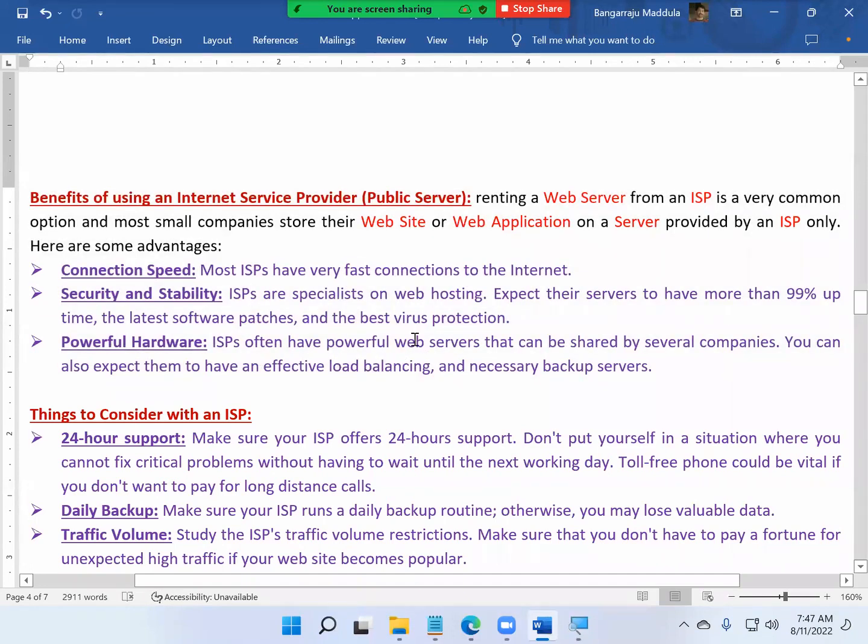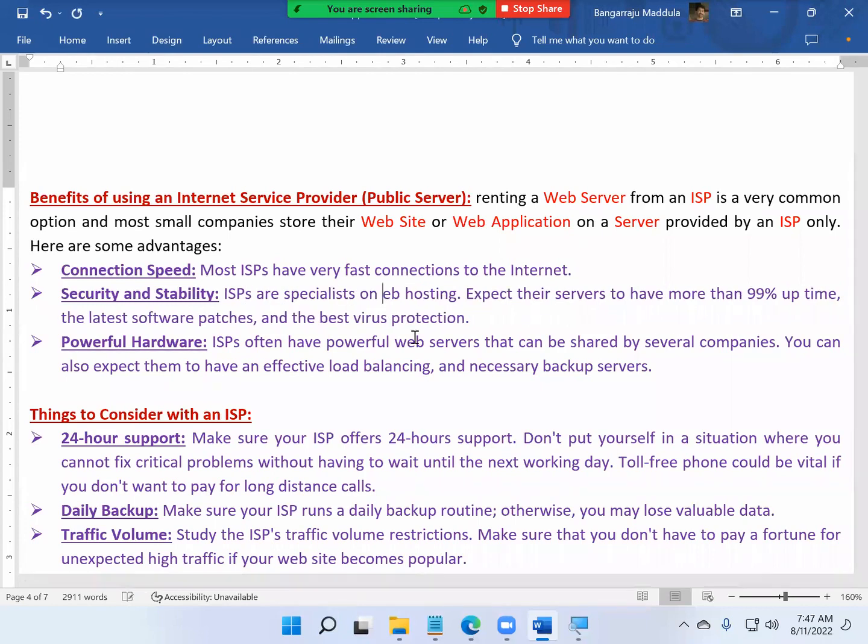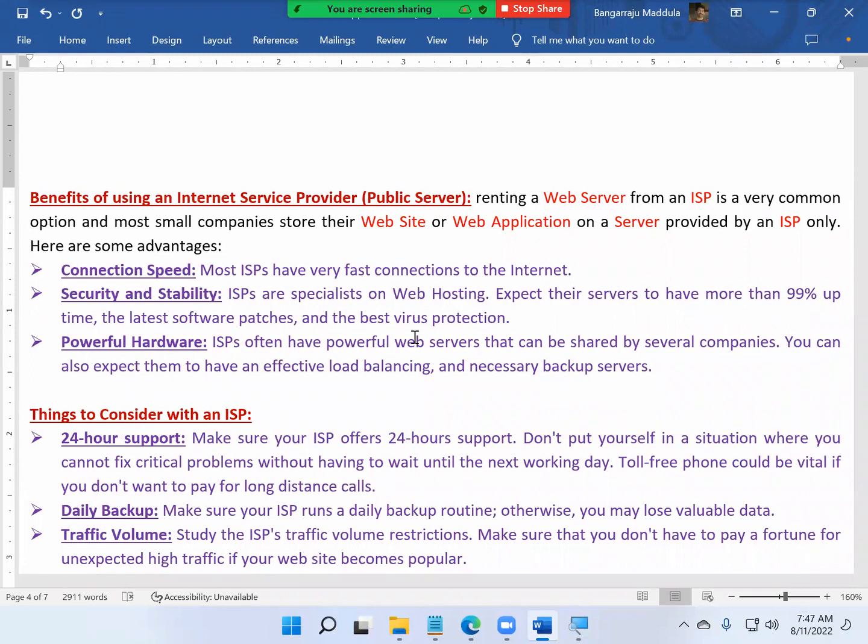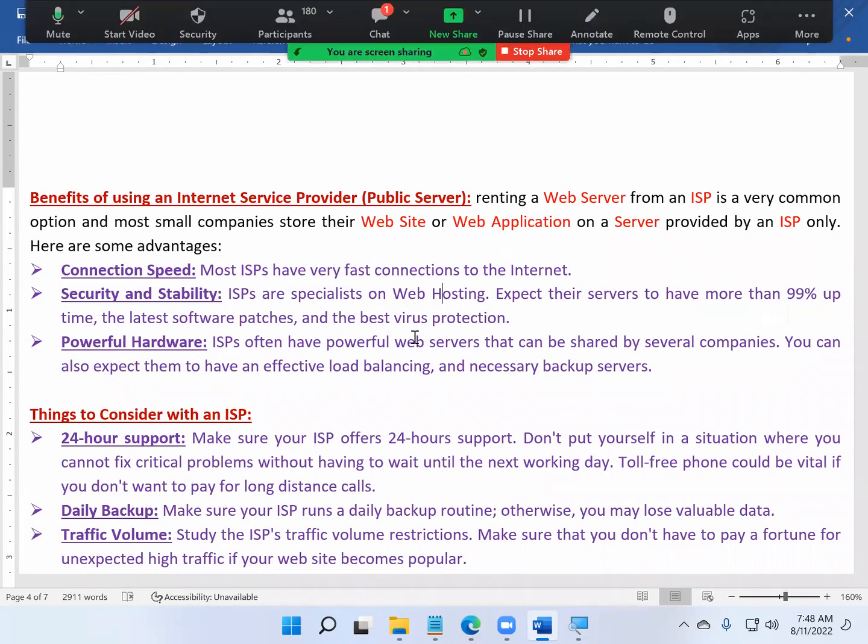You remember these IRCTC websites will not respond at morning 10 o'clock. Generally, peak times, peak days, morning 8 o'clock, it won't respond. Suppose in South Indian states, mainly in AP, Pongal is a very big festival.